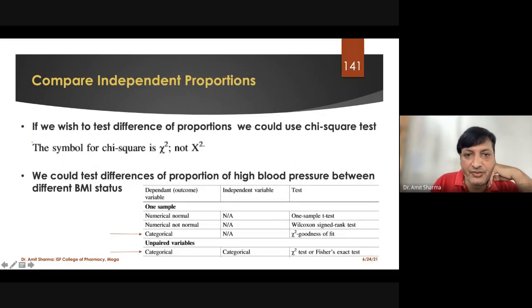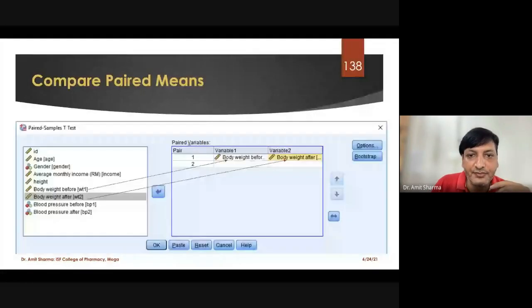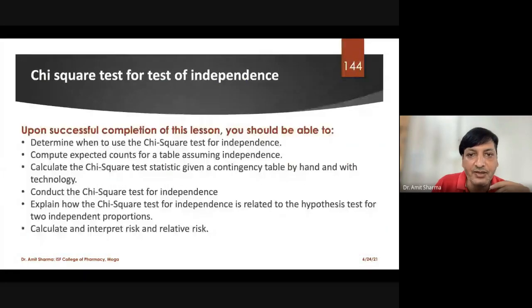So this was the last parametric test. As you can see, we have studied around 4 parametric tests. First one was one sample t test, second one was independent sample t test, third was ANOVA, and fourth was paired sample t test. And I'll let you know the difference today. I'm just looking for an empty slide where I can write.